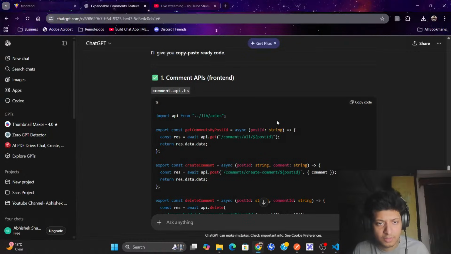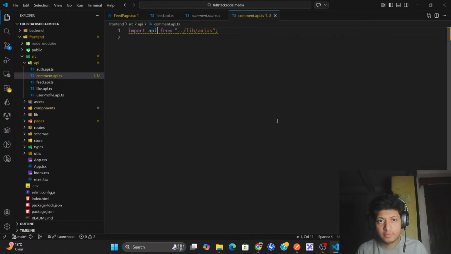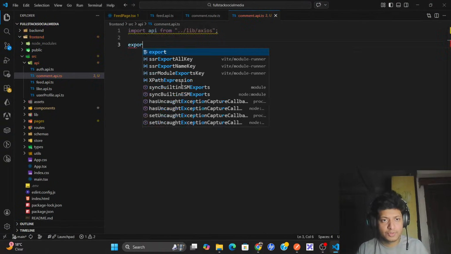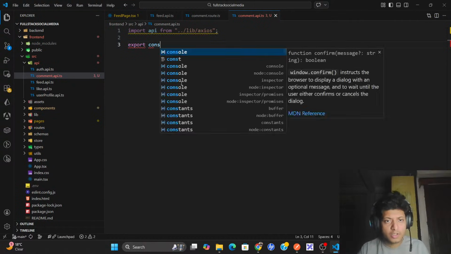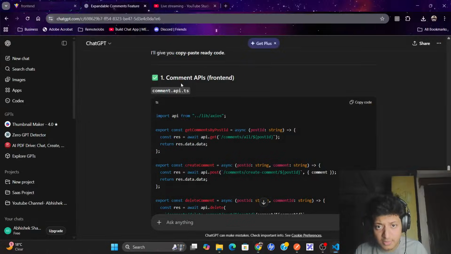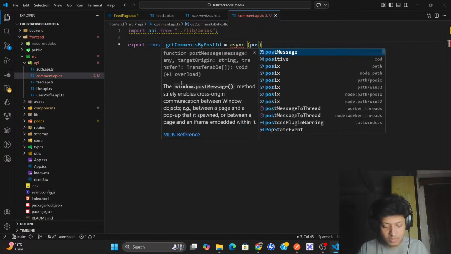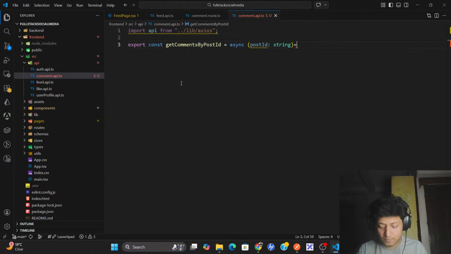api.ts. API. export const getCommentsByPostId = async (postId: string)